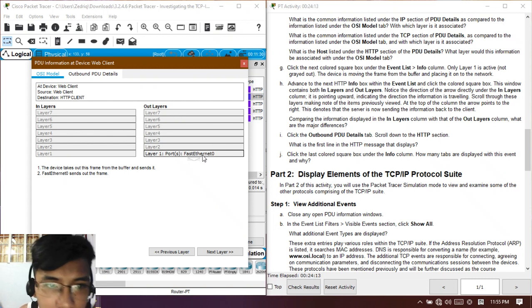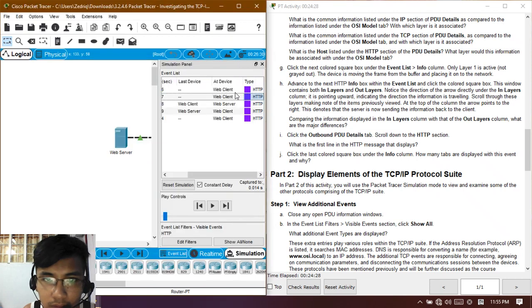Only layer 1 is active, so this is it. The device is moving the frame out of the buffer and sends it, so it's the same as it says in letter G. Advance to the next HTTP info box in the event list